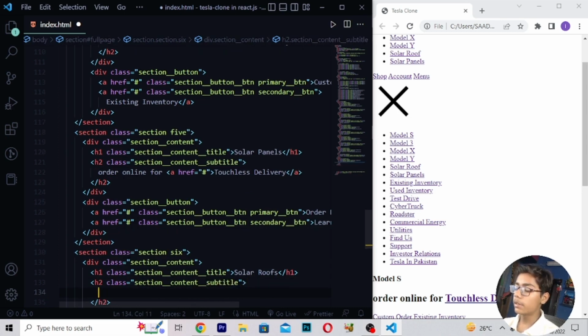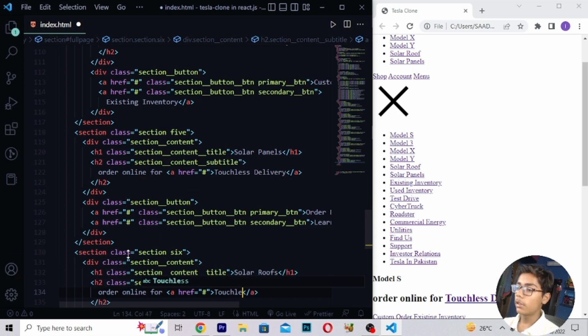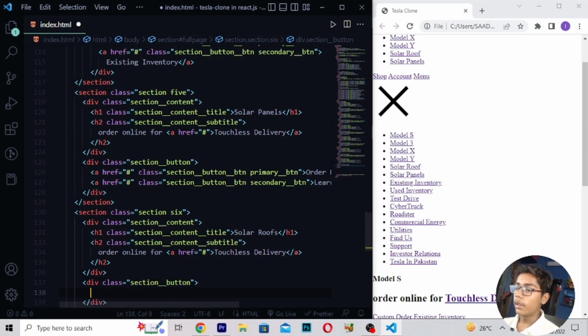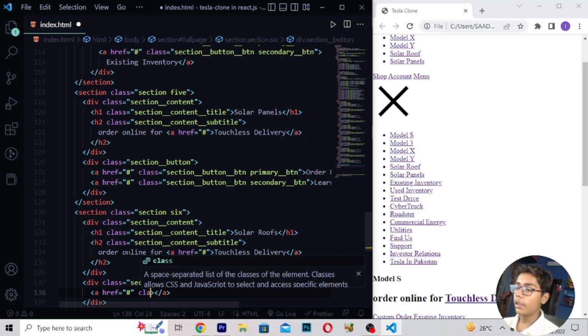Then here I will be just writing order online, then here I will be writing a tag, and then when you've written this, here I will be writing touchless delivery like this. Now here you have to move right here, div class, then right here section, then here I will be now just writing button. So when you've written this, here I will be moving, then you have to just do one thing. Here I will be writing a tag class,